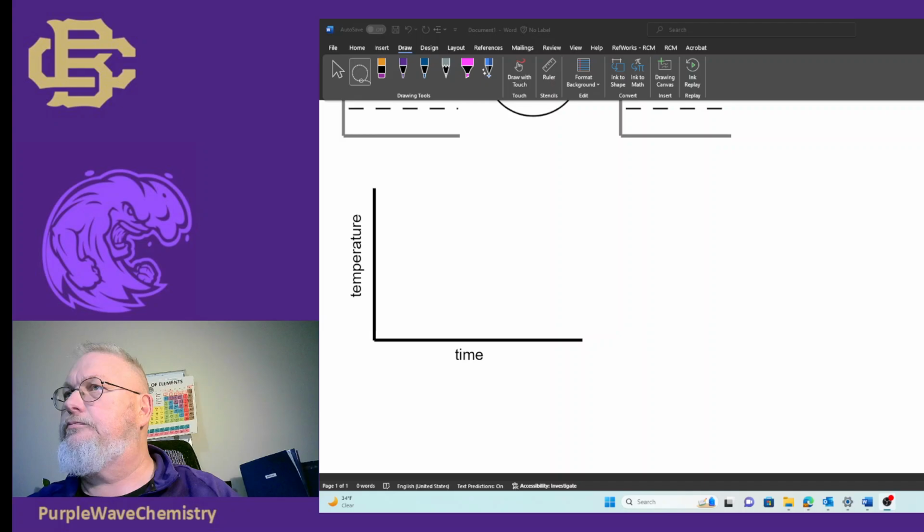Let's talk about these cooling or heating curves, temperature time graphs, whatever you want to call them. Okay, so let's think about something. I'm going to give you a scenario. Perfect. This is a cooling curve. Let's think about what's going on. Okay, let's see what phase